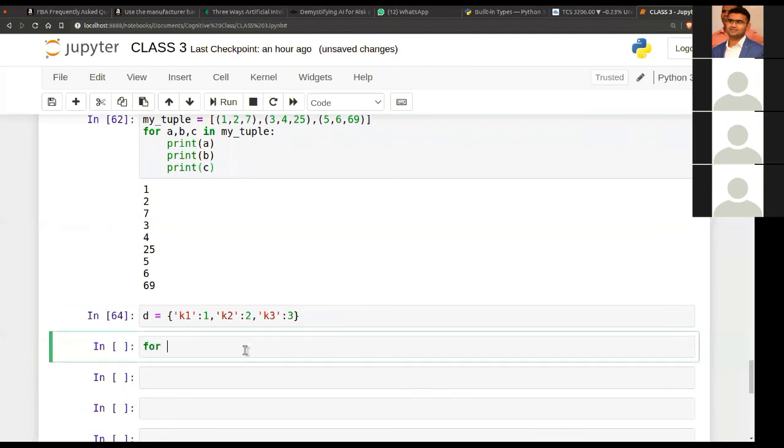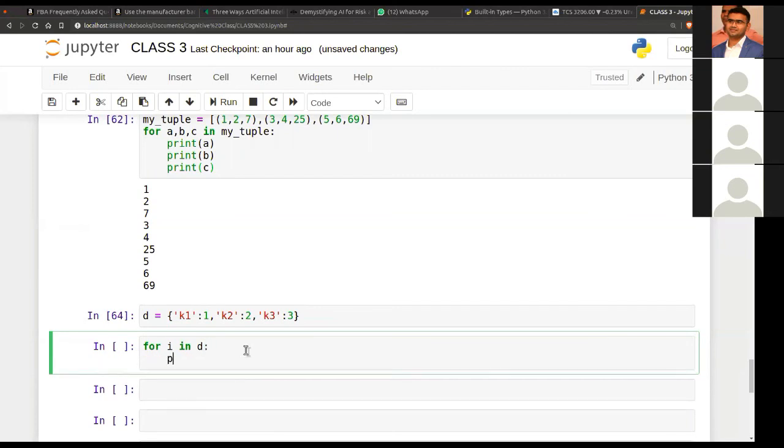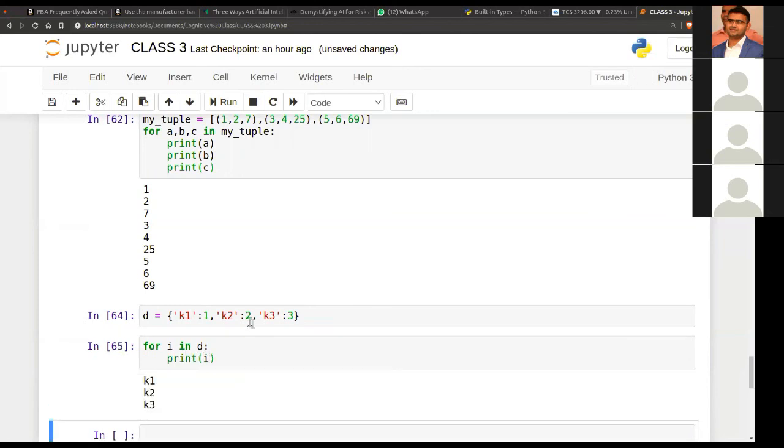So let's try the usual thing we do in our tuple or list, for I in D, right? So let's print out our I. So what do we expect? We have all the keys.